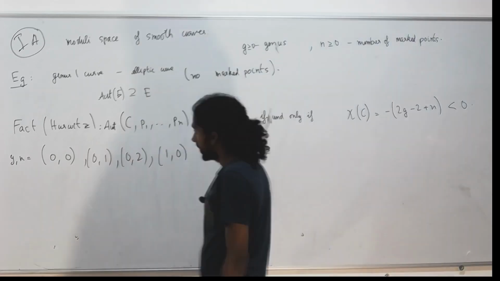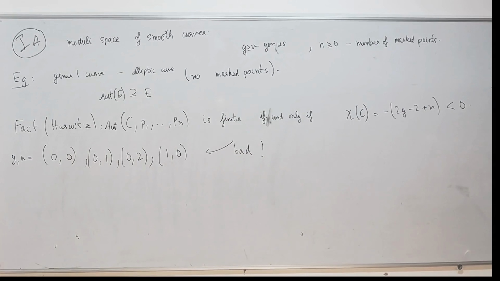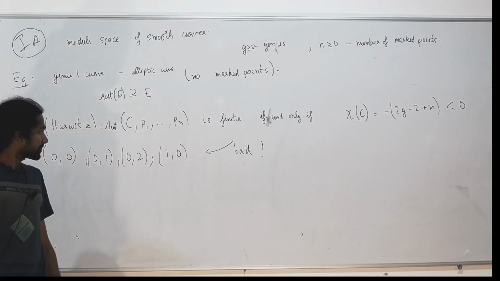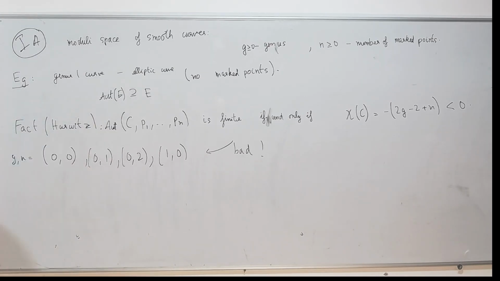Okay, so from now on, we just won't care about those ones. We'll just throw those out. I mean, things are still not as good as you would like, right? Ideally, you would have no automorphisms, but you still have finite automorphisms. So, for example,